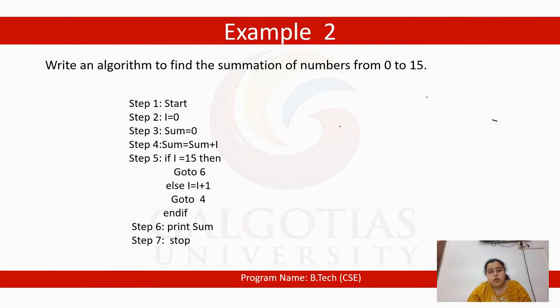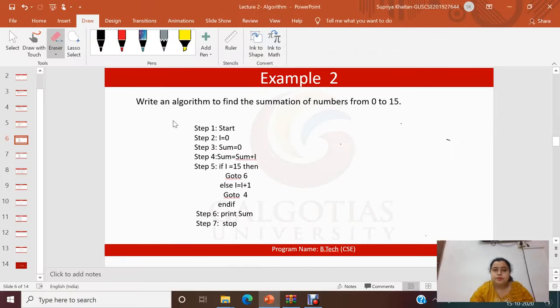Let's take this example. We already know that the first and the last steps are start and stop. And whatever we are writing in between start and stop is your logic. So we took one variable I, as you can see in step 2, and I is 0. The first value that we picked up was 0. Why? Because my value is starting from 0. If this would have been starting from 1, then we would pick the first value, that is our I, as 1.